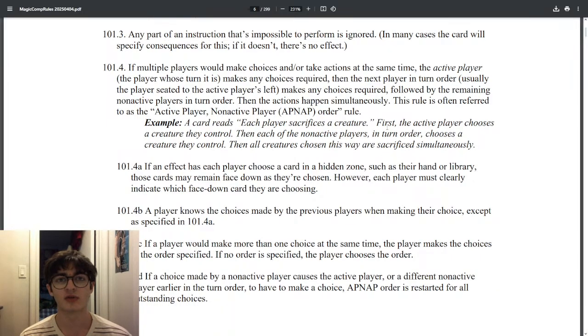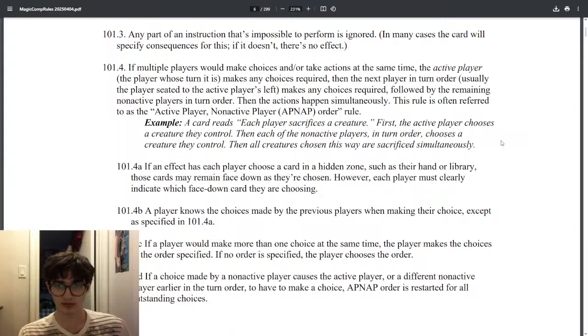That card is not going to see each player having one creature if they had one creature before sacrificing it. Even if I go first and I choose that creature first, they all die at the same time. This works the same with discarding. If you have to choose a card to discard, you choose that privately. If you have to choose a card to sacrifice, you choose that publicly.